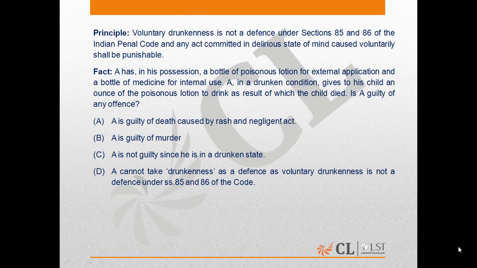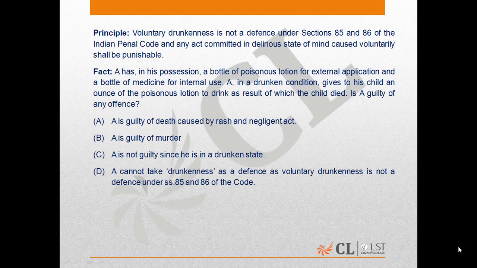It may be any offence. Further, option A says that A is guilty of death. That in itself is a little ambiguous because death is just the act that has been caused. Death is not the offence. So the offence could range from murder, to culpable homicide amounting to murder, or culpable homicide not amounting to murder. Thus, if at all we have to respond to what offence has been committed, it might be a safer option to stick to the